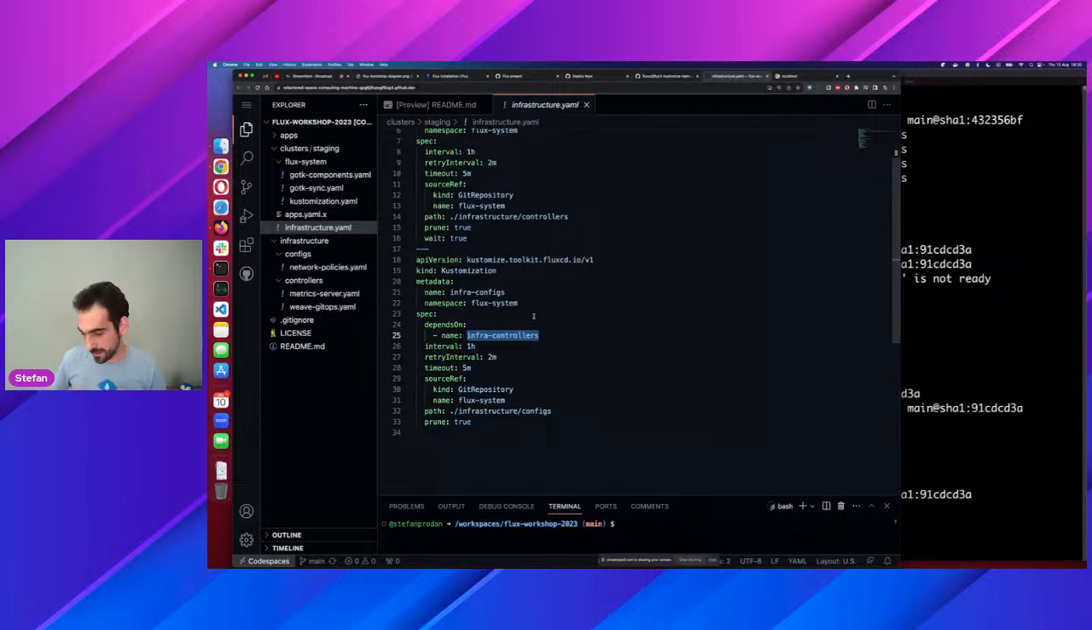What that means is what Flux does, it will install the controllers, wait for the controllers to be registered, wait for their custom resource definitions to be installed on the cluster, and only after that will it move to the second bit where it applies custom resources for that